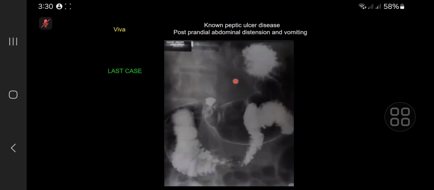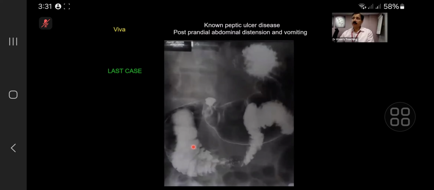Yes, so there is some narrowing in the third part of the duodenum, which seems to be from some extrinsic compression, because this is circumferential narrowing at this particular position. The rest of the mucosa of the second part of the duodenum appears to be normal. There is distal passage of contrast seen in the distal part of the duodenum, which means that there is partial narrowing or partial obstruction, and there is a filling defect or a hypodense area overlying the narrowing. This patient is a known peptic ulcer disease patient, so it might be a lesion which is causing the transient compression of this particular